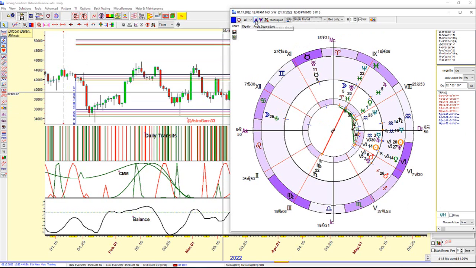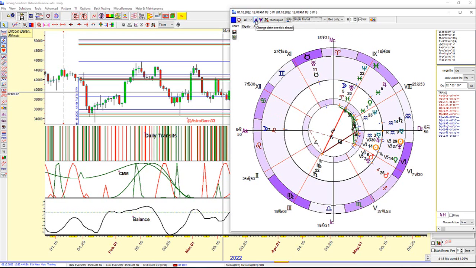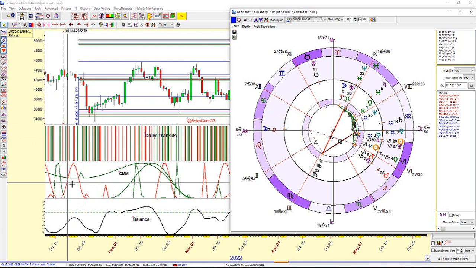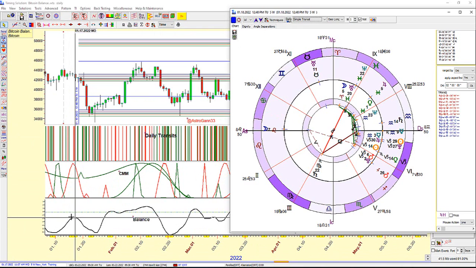Have a look at what's going on. We can see that I had in the cosmic midpoint, there obviously was a negative natal midpoint being triggered. That's why we've got a peak in red, and also a peak in the balance here. And we've also got a daily